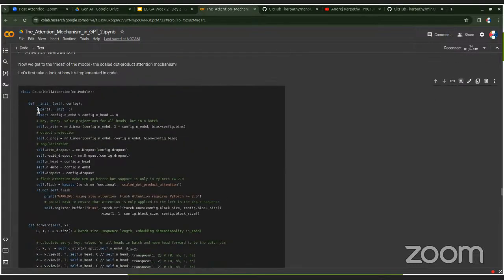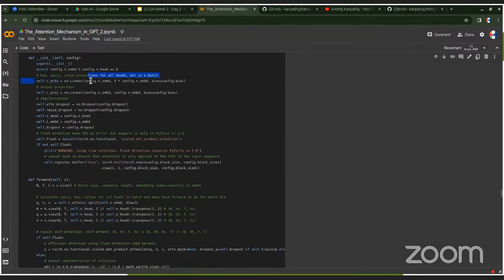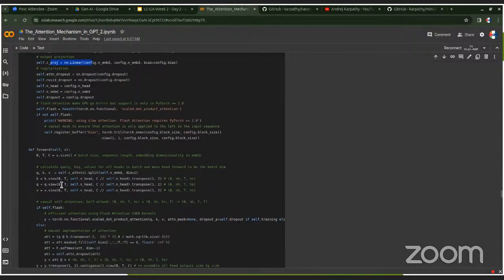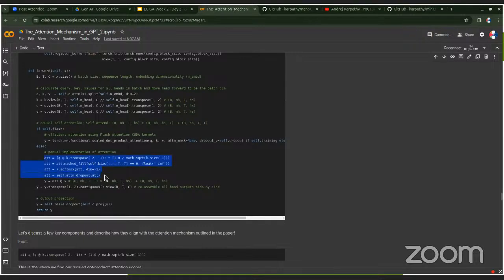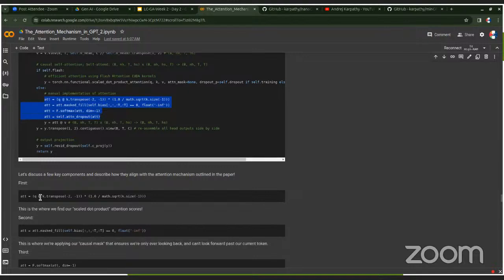It's just a group of matrix multiplications, getting your linear models. That means there are weights here that are going to be learned. So then you do the whole matrix multiplications. This is where all of it is done. The first key component is Q times K transpose. So remember,